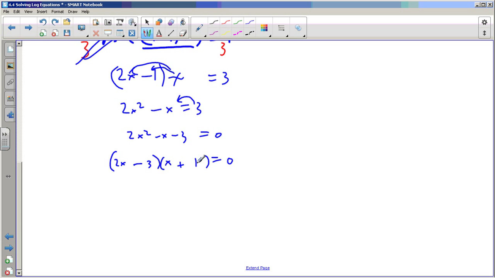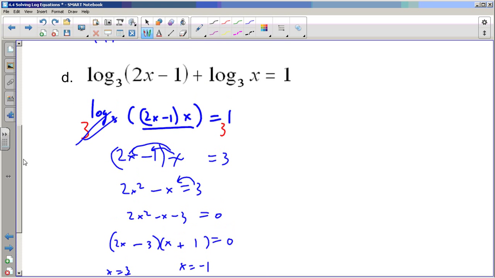Because 2 times 1 is positive 2 minus 3. Yep, that's going to work. That's the right factoring, and I can find my 2 solutions. I got x equals minus 1 and x equals 3 halves. Now, dandy, 2 solutions. Who'd have thunk? Who'd have thunk that I had 2 solutions? But